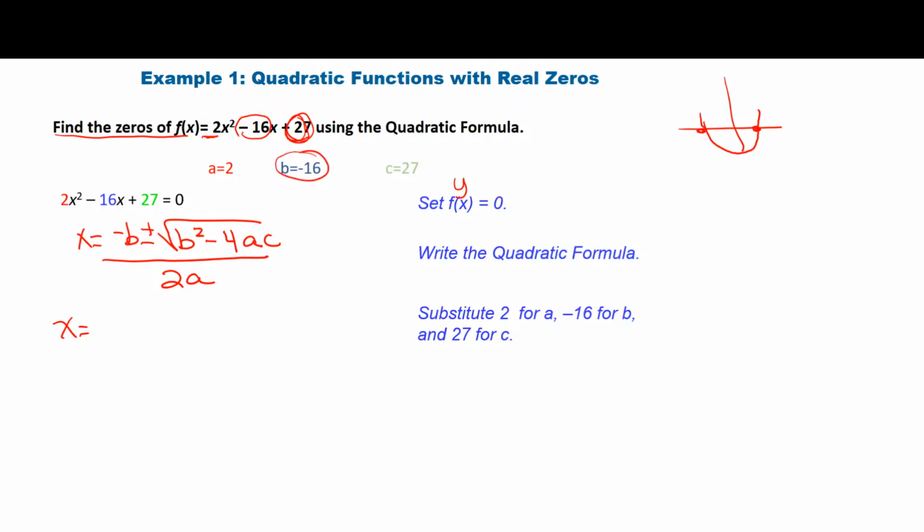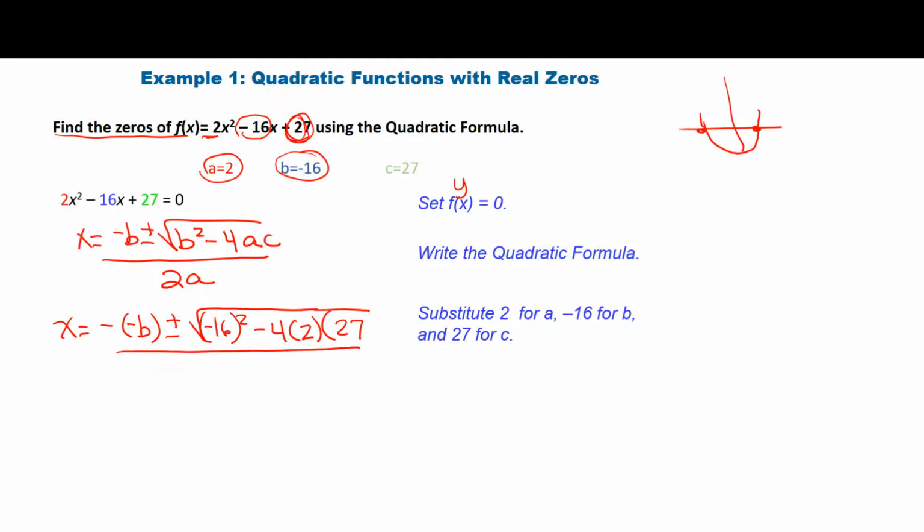Well, I see that b is negative 16, so I'm going to say negative b plus or minus the square root of b squared, which is negative 16 squared, minus 4a, c, and c is 27, all over 2a, and a again is 2. Okay, there you go. So once we've done that, the next thing we need to do is just simplify it